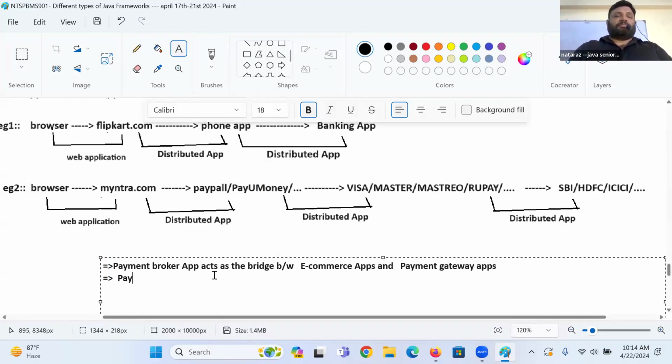Okay, guys. Payment gateway applications provide, what is that?